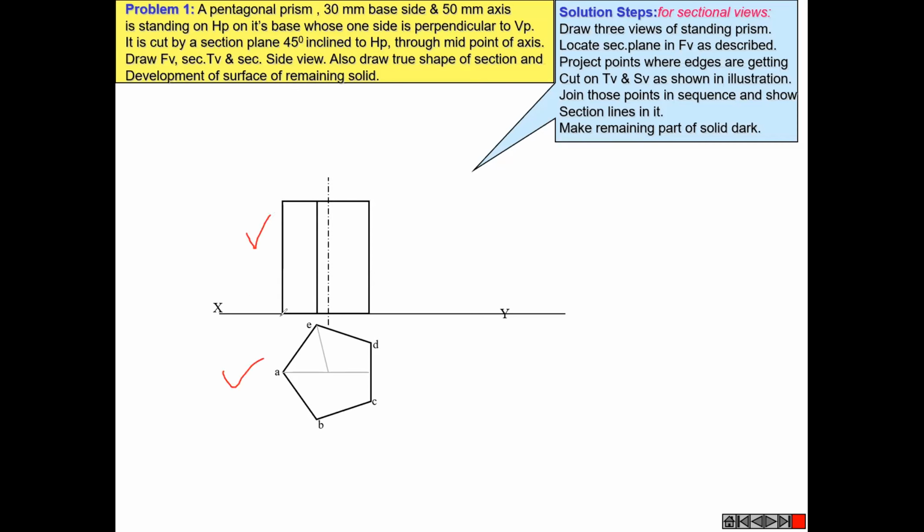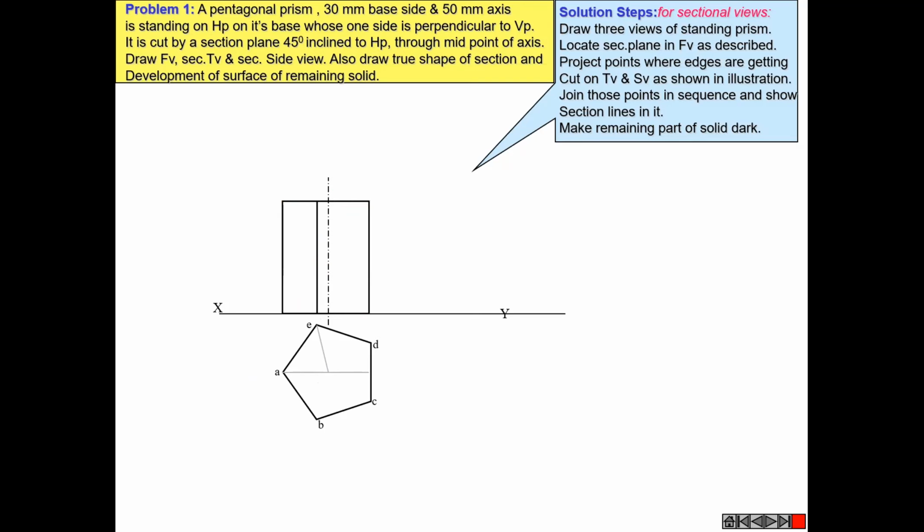Prism means the bottom side and top side are equal, and in the pyramid it looks like this, all things combining at one point. But here it is a prism. This is the center axis. For the center axis you have to find the center point and make the center line like this.